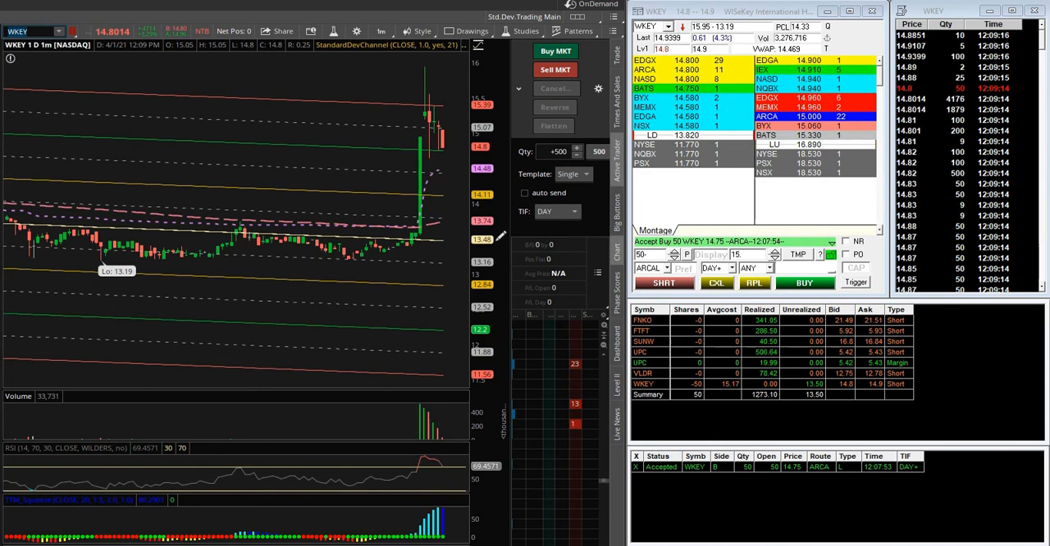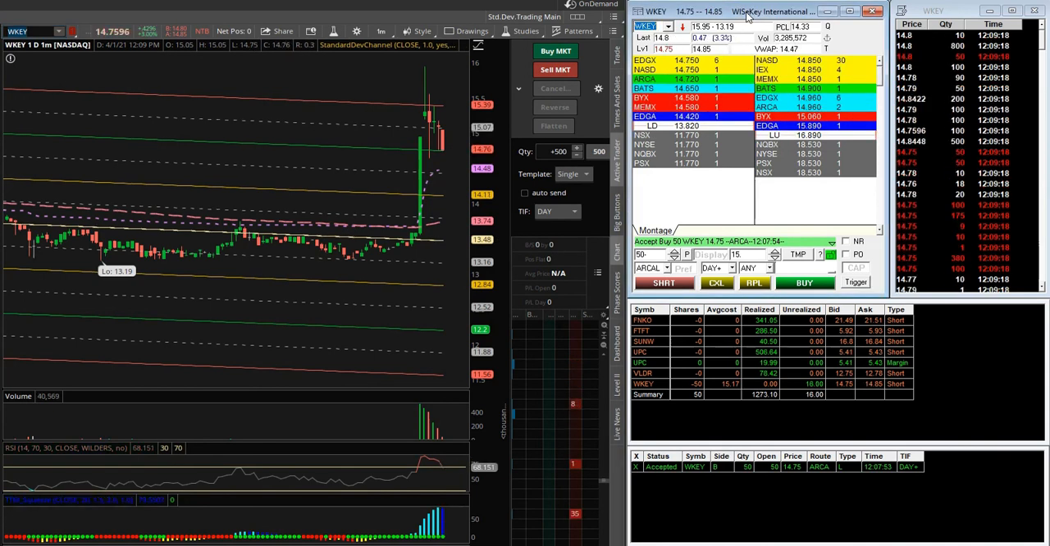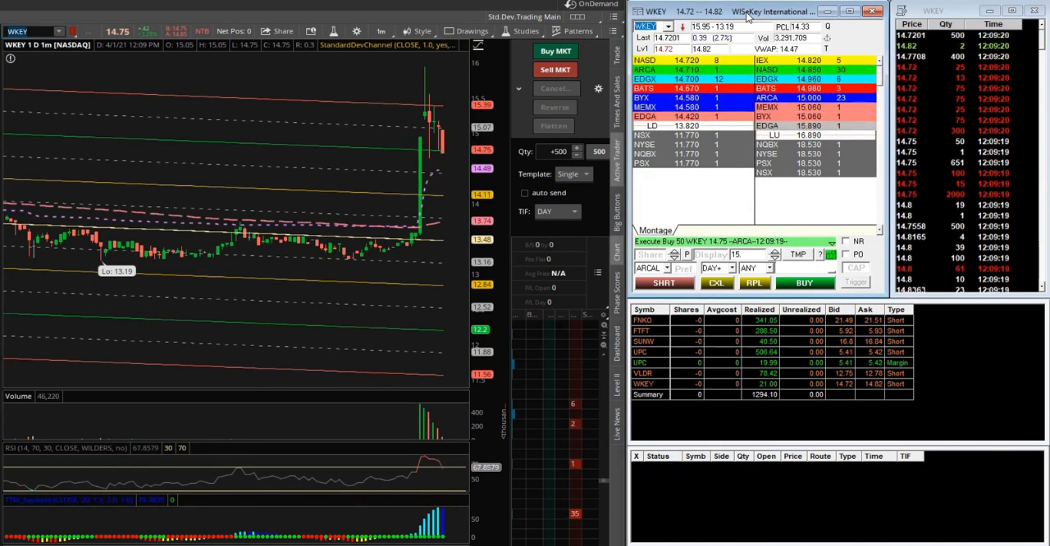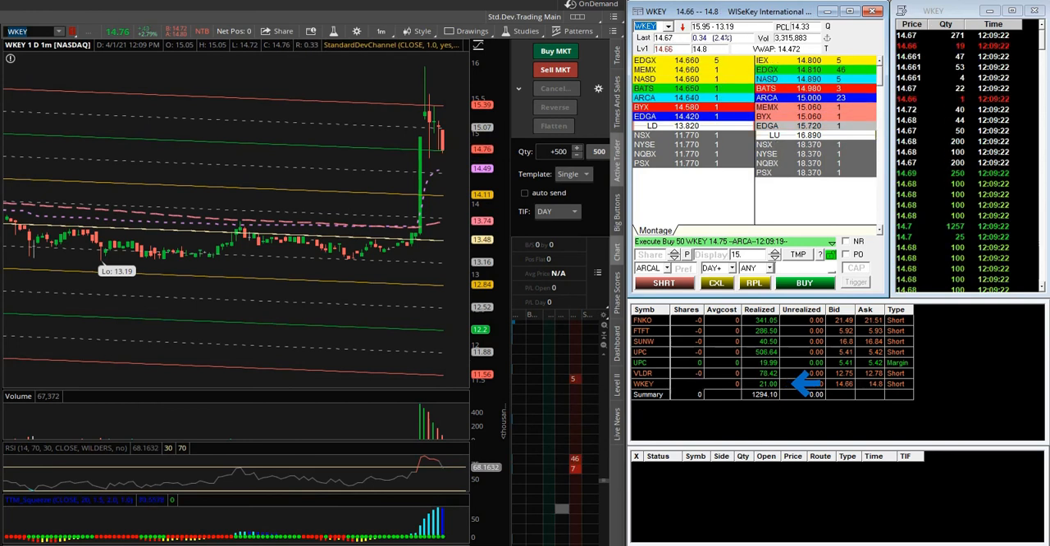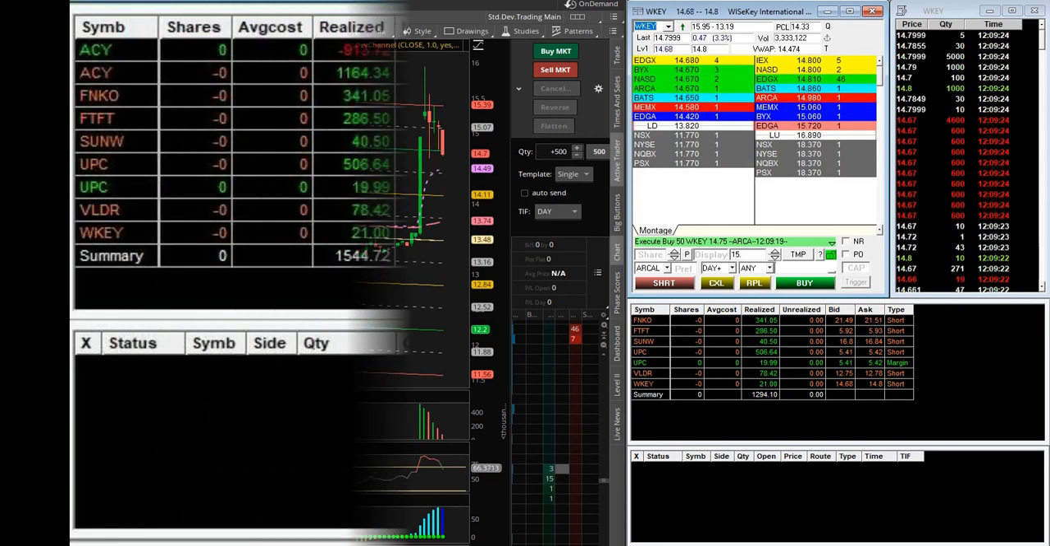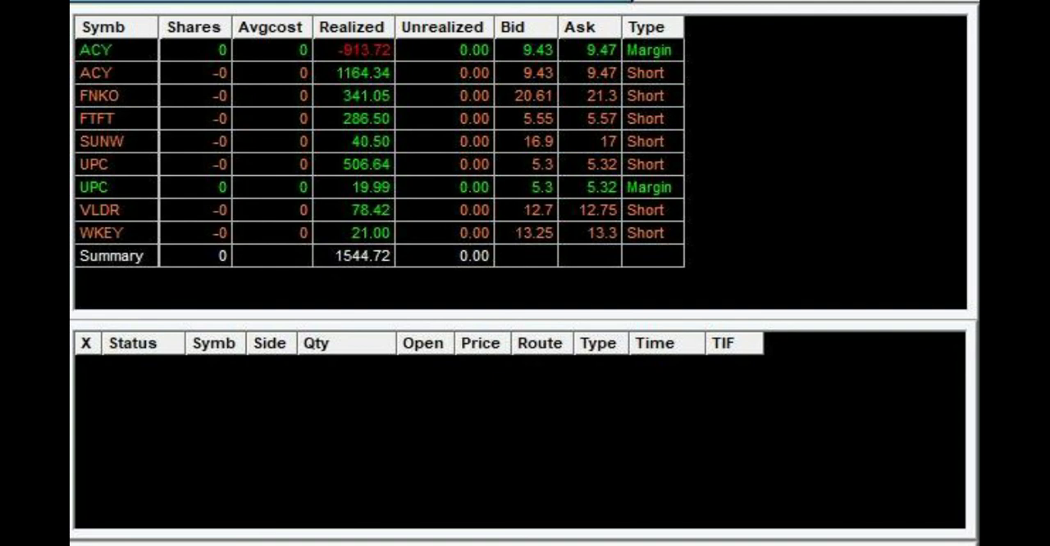This doesn't end up giving me a chance to add more and build a bigger position, and here it hits my target, netting $21 for the trade. Here's my end of day P&L. Traded 7 stocks and the P&L is $1,544.72